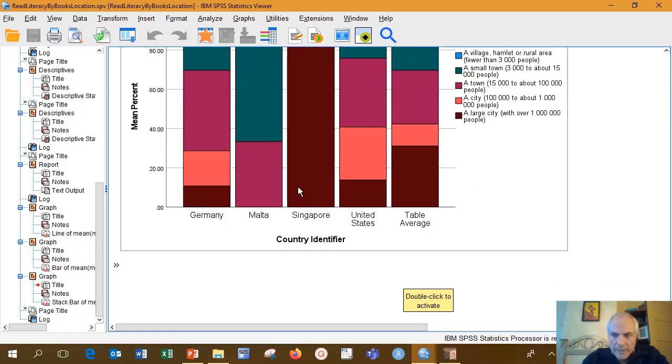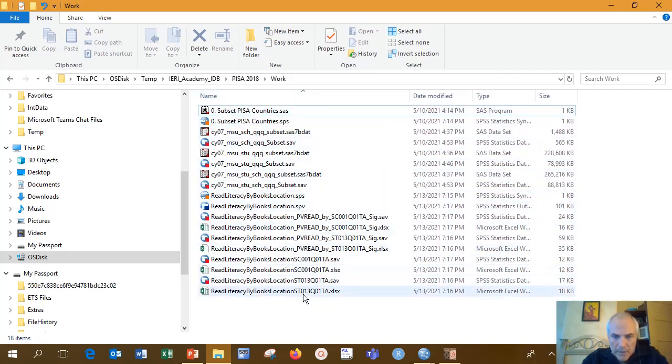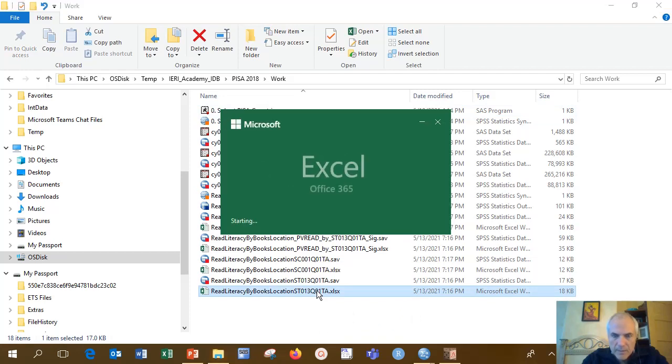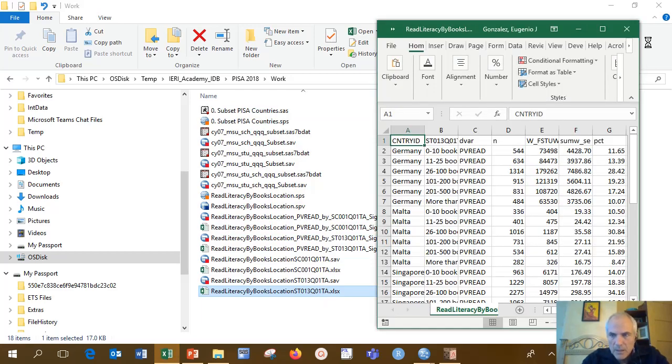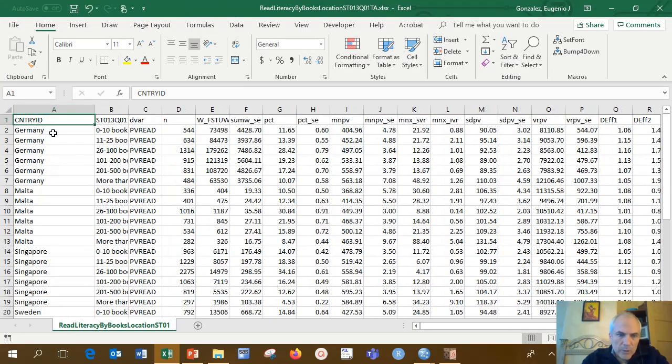So these are the results that you get in the SPSS output. If you go to the work directory where all this has been written, you'll see that you have several files here. You'll have one file for the student level variable and one for the school level variable. And if I open that file, double clicking,